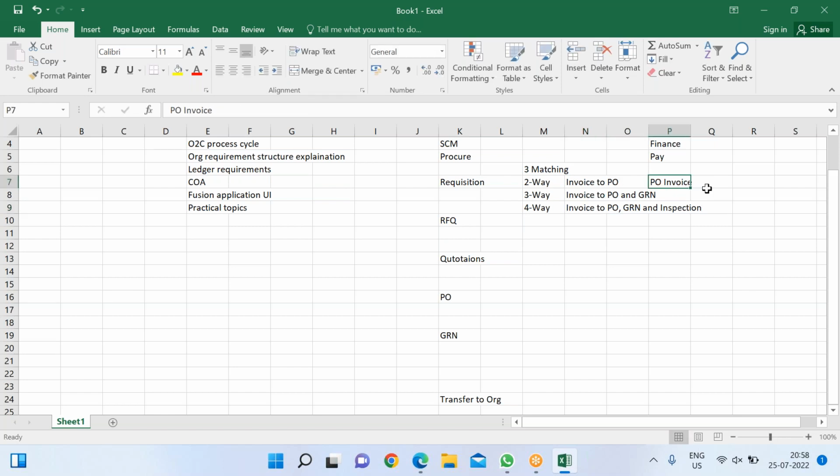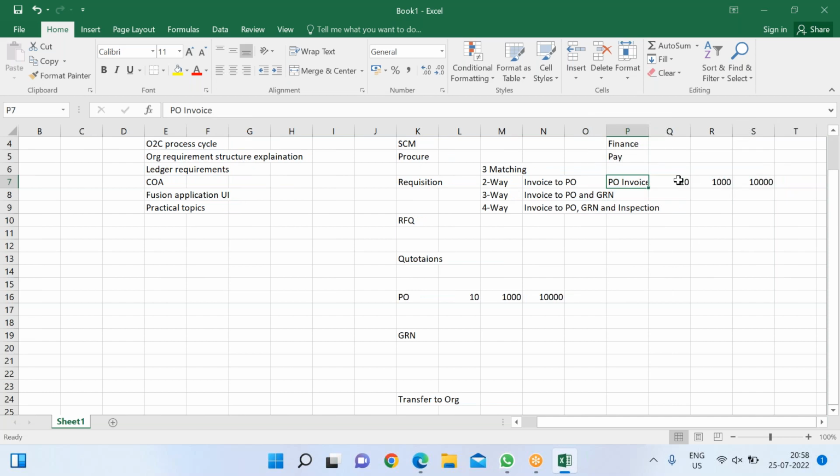Whatever is billed on the invoice needs to be the same as the PO created. Let's say you have created a PO for 10 units. Each unit cost is 1,000, and the PO total amount is 10,000 rupees or dollars, whatever you say. Your invoice needs to bill with the same amount, same quantity, same price per unit, and same amount. If it is different, then you have to forcefully validate and process, and whatever the difference amount, it will go to some account. Or else you will reject it and tell the vendor that the invoice billed is wrong. You have to bill a right invoice,